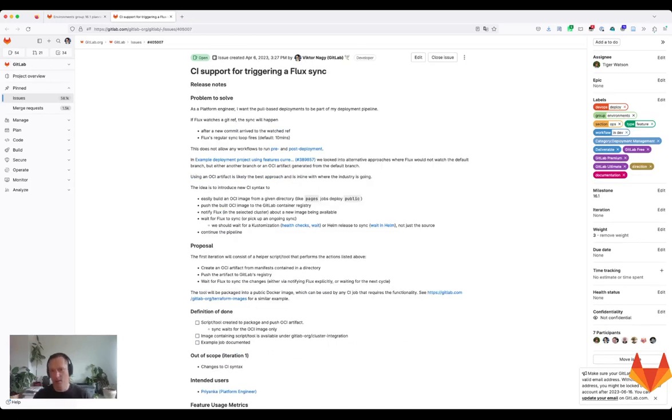In the long run, we imagine Flux to be part of the GitLab pipeline visualization. It will never happen in the pipeline in the sense that there is no job to be run by GitLab runners, but there's a job to be run by Flux. It would be nice to have some pre and post deployment jobs so that you can build the container, trigger Flux to sync, and once the sync is done, follow on with some post-deployment jobs like testing, for example. In 16.1, we would like to release the first version of